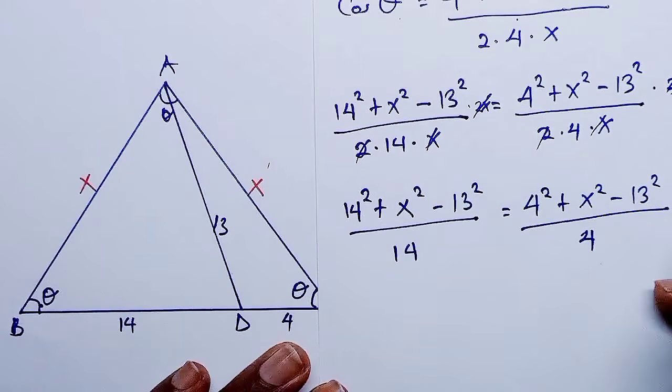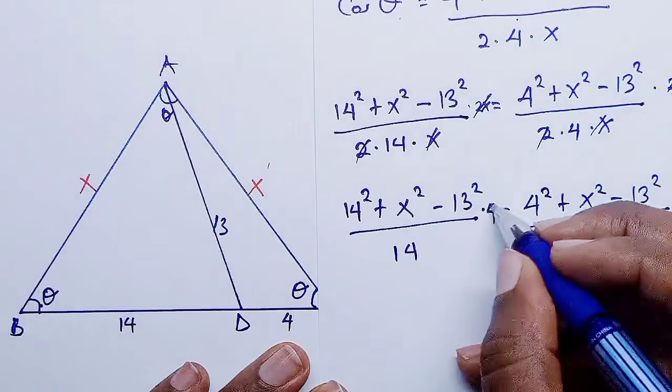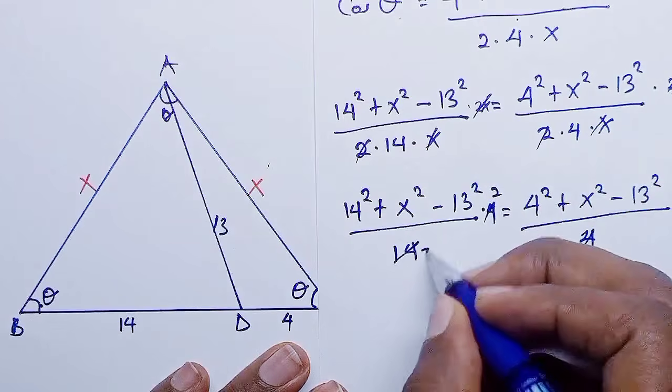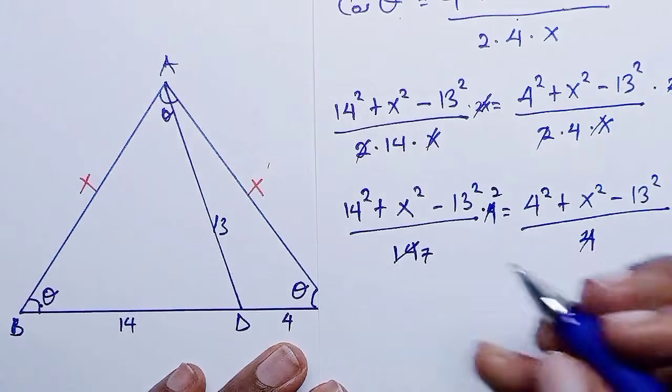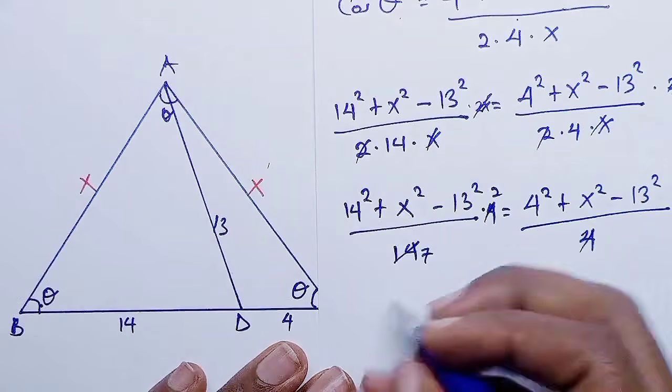So multiply by 4, this cancels out, and this divide by 2 is 2, this divide by 2 is 7. And therefore we are left with, so 14 squared is equal to